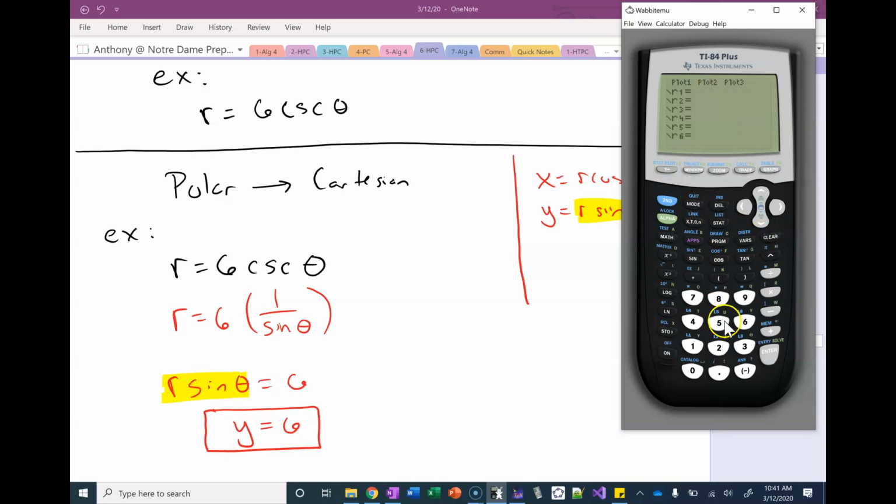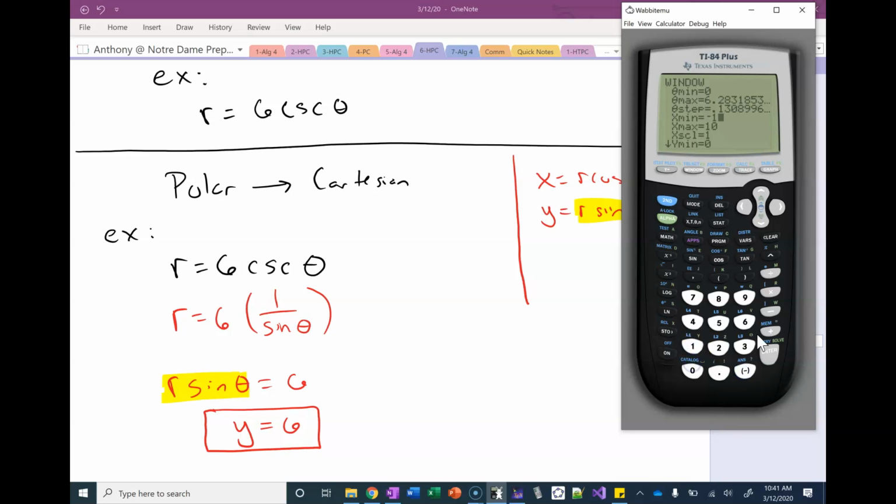And then I'm going to do 6 times. I don't have a cosecant button, but I can do 1 over sine. And notice here when I press the variable button, the calculator automatically gives me the theta because it knows that I'm in polar form. For my window, the theta goes from 0 to 2 pi is good since the period for cosecant is